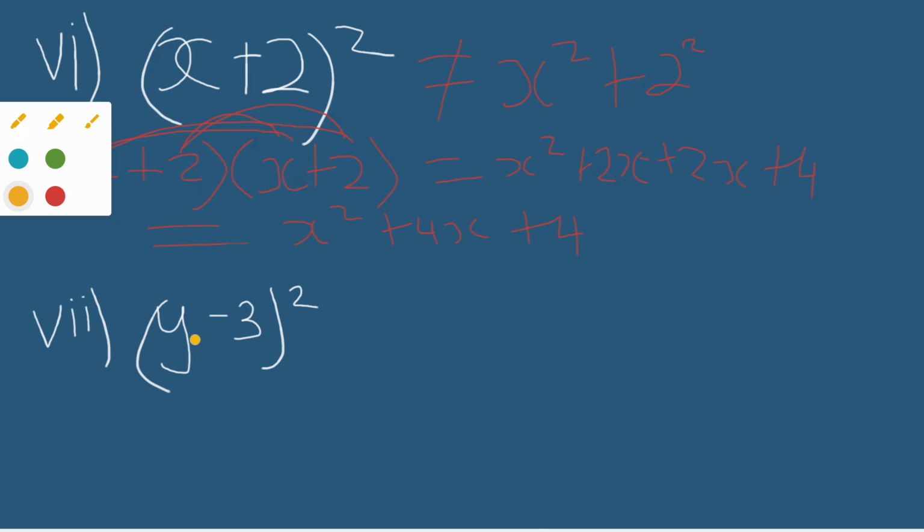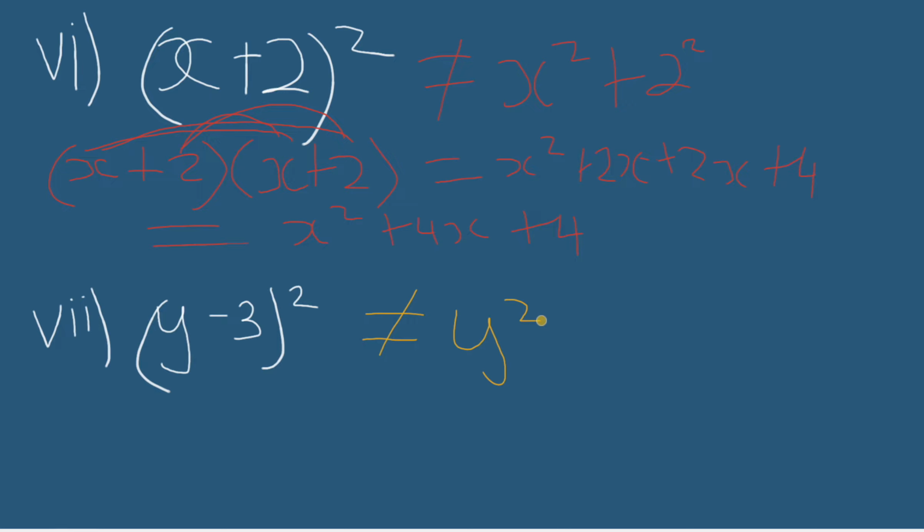Another example, y minus 3 squared. Once again, this is not y squared minus 3 squared. It's not this, right? So you write it out fully. y minus 3 times y minus 3,